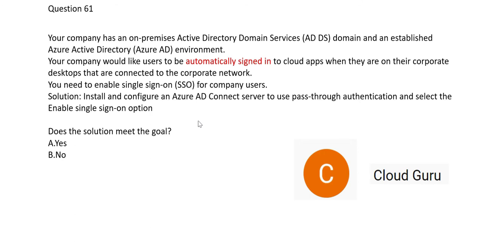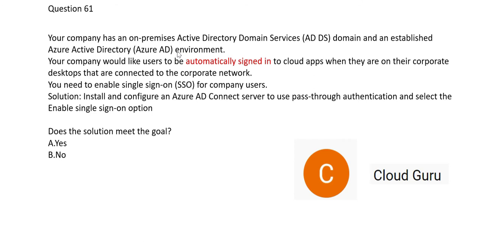So the first thing you have to do is, whenever you have such requirements, you have to put an AD Connect server. So this looks correct, perfect. The next thing it says is you do a pass-through authentication. What is pass-through authentication? If someone is trying to access the applications on the cloud platform, it will do a pass through. The moment the connection goes to Azure Active Directory for validation, it does a pass through directly to on premises. It's like two people are there, and you put a request to one person, that person will automatically send the request to the other person because the other person has the ability to authorize. So it's the same thing here.